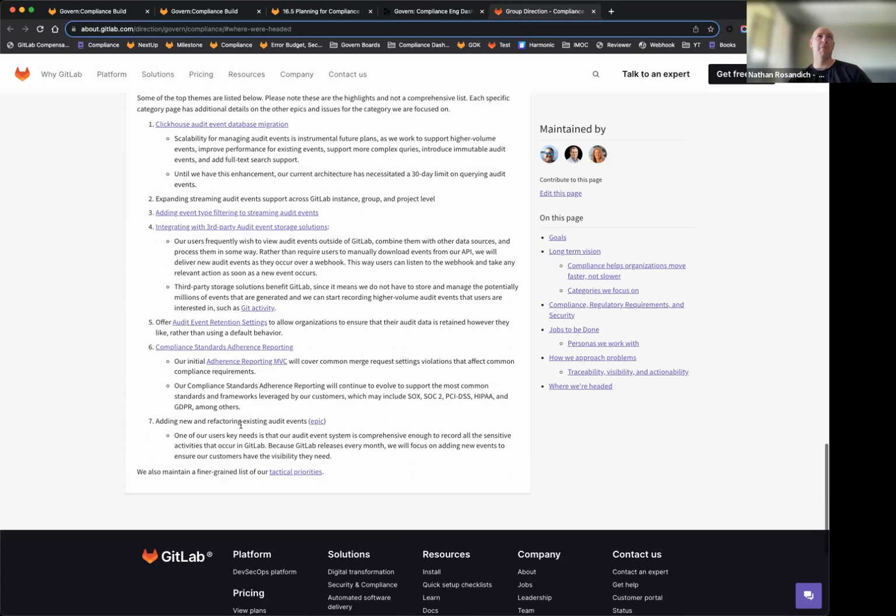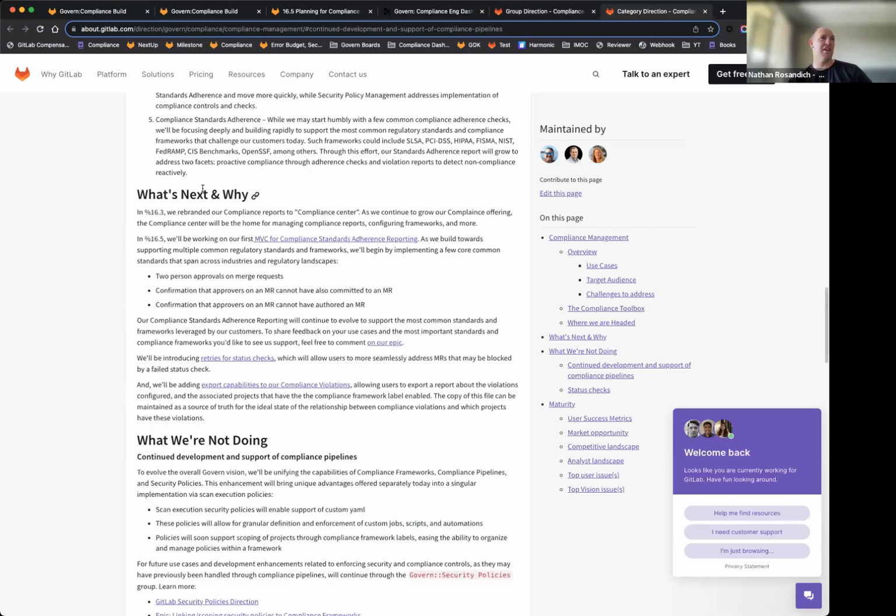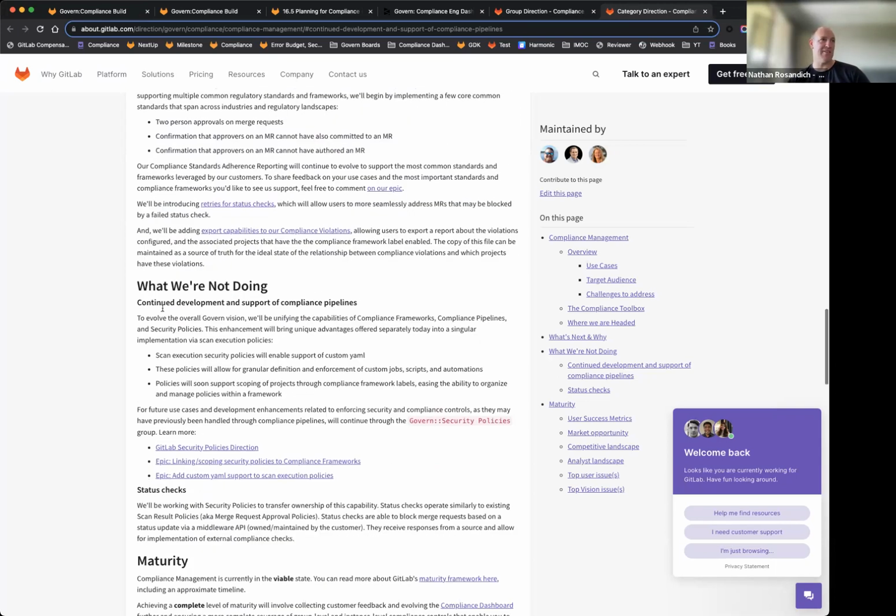And the other one that I wanted to call out was this, which has what we've got next and why. So the adherence report, like we said, we've got these three standards that we're checking for at the moment, and we're going to be improving that. We've got the retries for status checks that's currently in flight, and will hopefully be out soon, and then expanding compliance violations. But more importantly, what we're not doing, and I know that we've talked about this previously, but